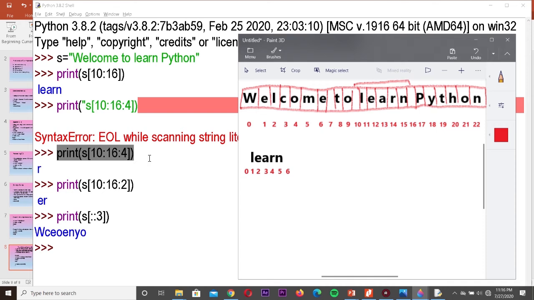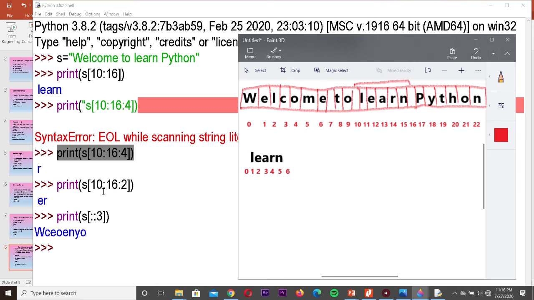In the case of stride, it is used to move forward after retrieving the first character. So what is the first character? Space. So it will give a space and then we have to move forward 4 steps. So 1, 2, 3, 4. What is the letter? R. So we are getting the output as R. Again, we have to count 1, 2, 3, 4, like that, jumping 4 characters.